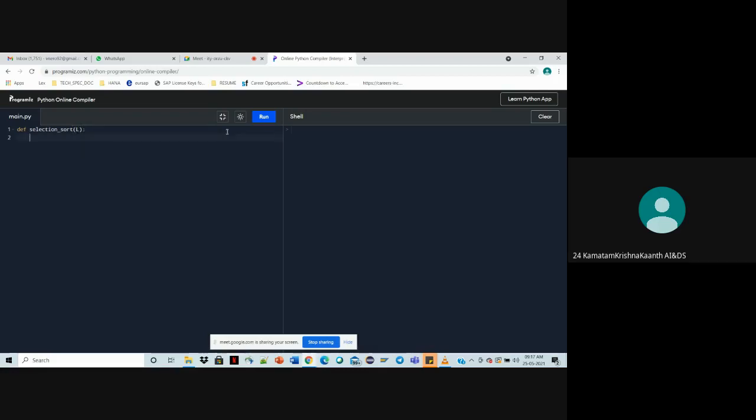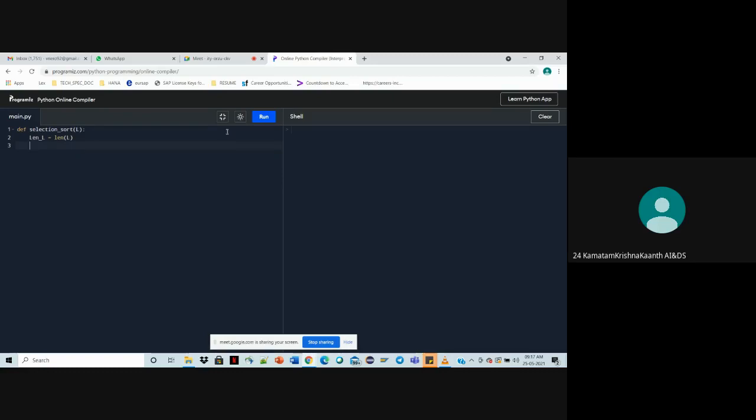Now, we create a variable for the length of the list, because every time we can't use the length of the list function, so we'll create a variable for that. Length of the list is equal to length of L. Now, after creating the variable, for each element we have to write some conditions.